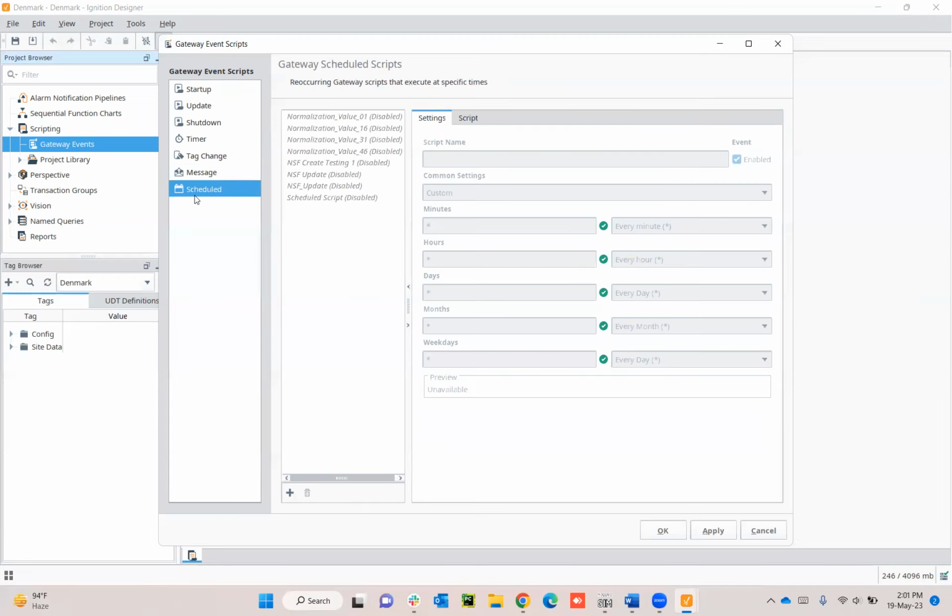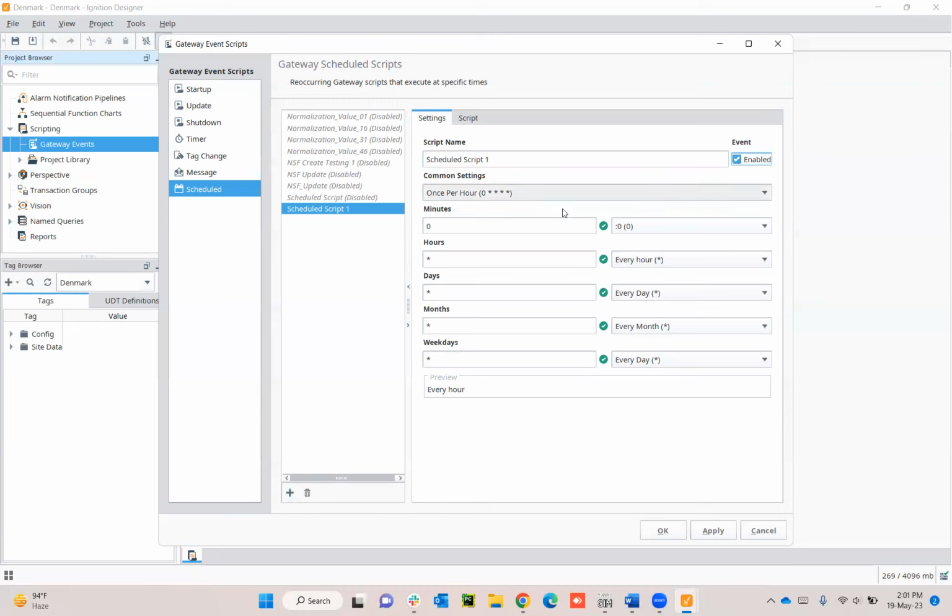And the schedule, the last one. It's just whenever we want to run a script at a specific point of time, or a schedule needs to run at an instance where we want to run it at 5 p.m. or 6 p.m. or every day. So we can schedule it, and we simply go to the plus sign, name the script,